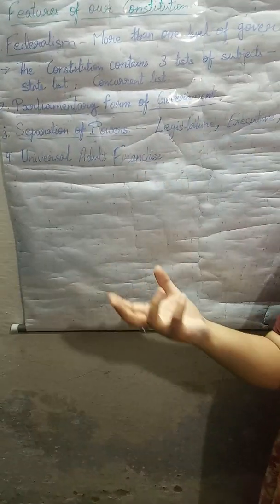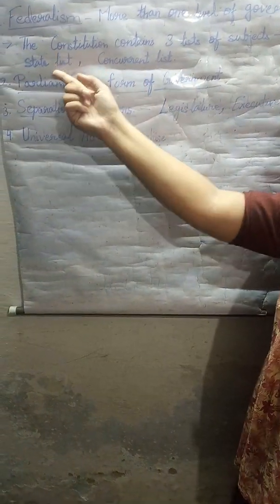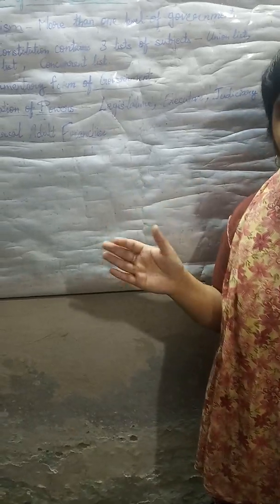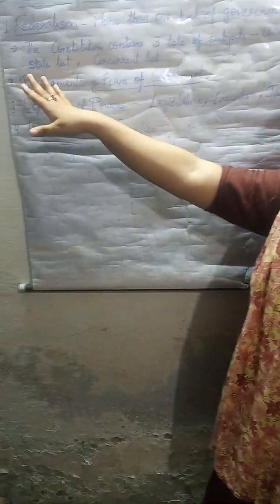Fine. Next is the state list. Again the word indicates that the state government is going to work according to this list. Whatever matters are given in this list are somewhat different from the matters given in the union list, because in the union list things are covered at the national level, and in the state list things are covered at the state level.